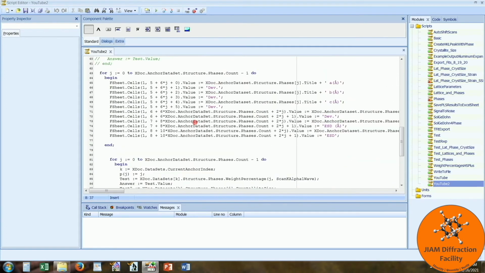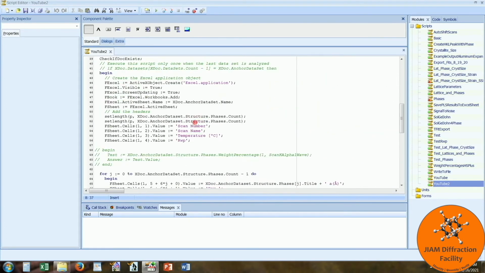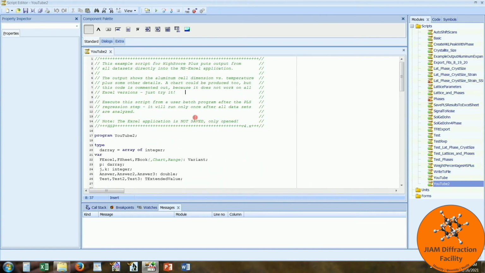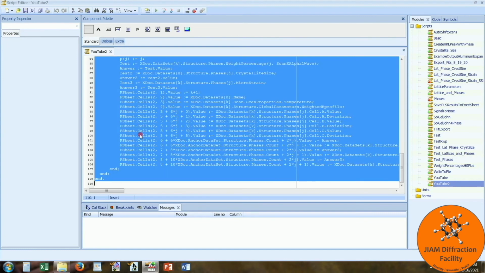So you're welcome to take this program, modify it if you like, but I will post this on our website. And check the description below for the link and whatever I will wind up naming it. It might not be YouTube 2, but I will save it to the website in a text format. If you open that text file and then press Control-A on the keyboard, Control-C on the keyboard,